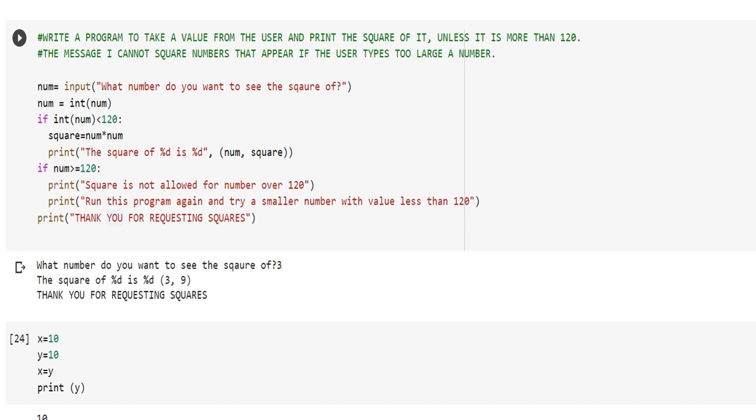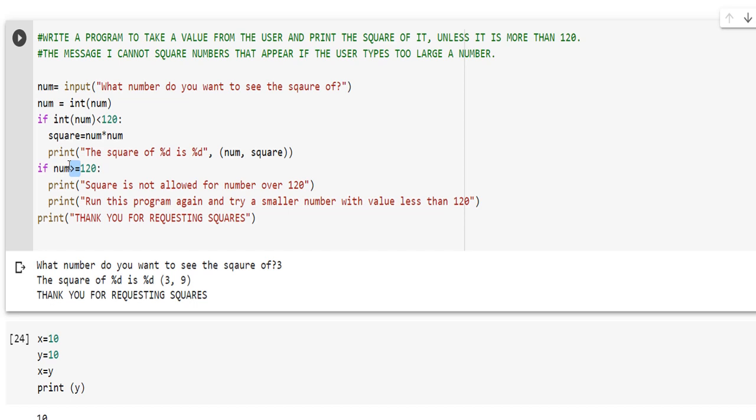But because of the relational operator, it is more efficient. This is a relational operator, and it gives us the opportunity to not write 3 conditions, but rather complete it quickly by writing only 2 conditions: a normal one in which the number entered is less than 120, and the other condition which satisfies 2 things, equal to 120 and more than 120. Now it is followed by a colon, which is followed by an indentation. As always, I have said it almost a million times now. Okay, the last 3 print statements are really really easy.